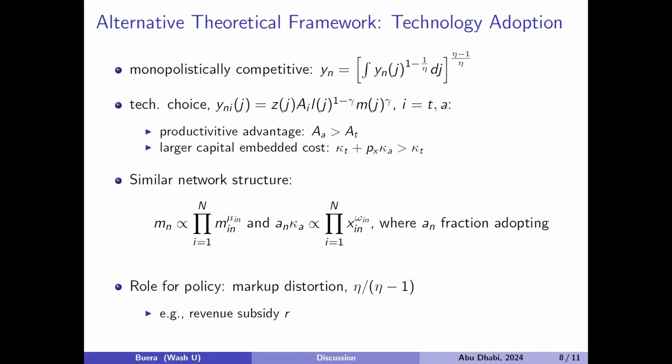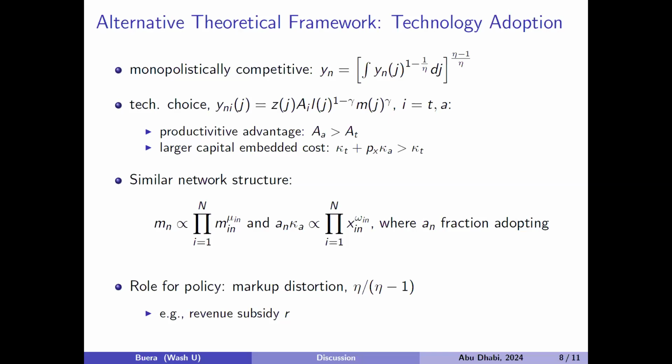In this framework, to adopt the modern technology, you need to purchase some investment goods. You can think of a very similar structure where output is produced with intermediate inputs, but the capital is the cost that you pay to choose a better technology that is more productive. Then this cost of technology adoption is itself a required input from other sectors and is given by this investment.